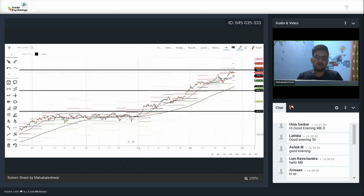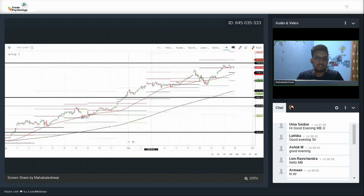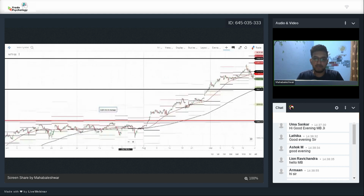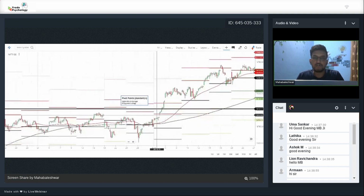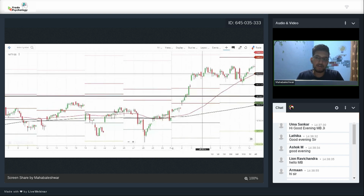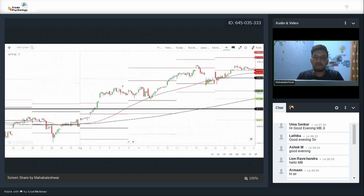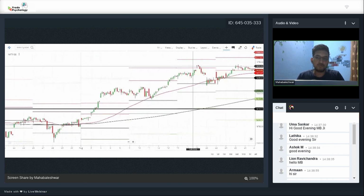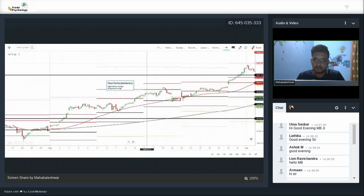A lot of people who are trading, the hedge fund managers, keep their short or long position at this key level, right? If you see from the past 2-3 months, when Nifty broke the 16,000 level, there was a huge short covering rally. This is called a short covering rally because a lot of people had created shorts at 16,000. So whenever the Nifty touched this level, there was a rally, a gap up, and you can see it never touched this level. It had a massive rally, right? There are big fund managers who were rolling over their positions, but it's very difficult to manage this kind of situation. Even at 16,500 also,